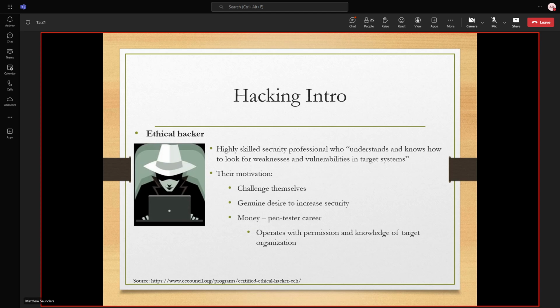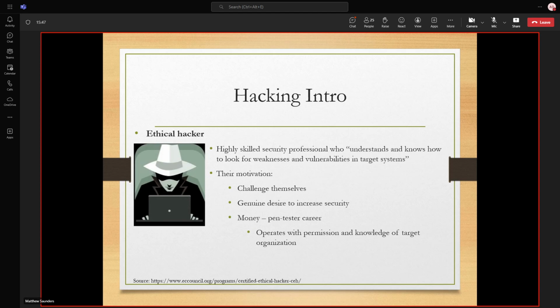But they only act when they have explicit permission. So typically they will charge for their services. They will attempt to hack into your system, and then they'll produce a report about what they were able to do, what they weren't able to do, and what recommendations they might have for how you could fix any issues they noticed.